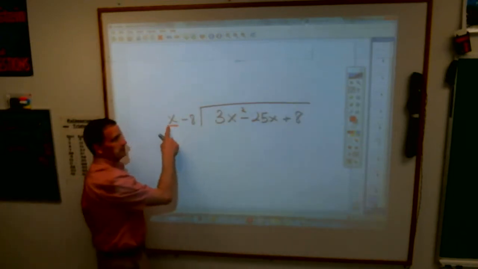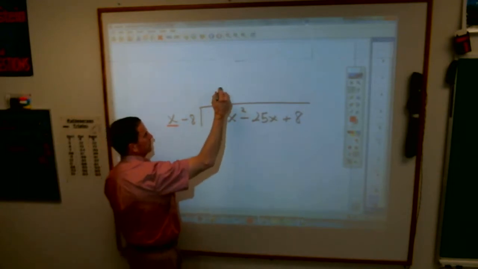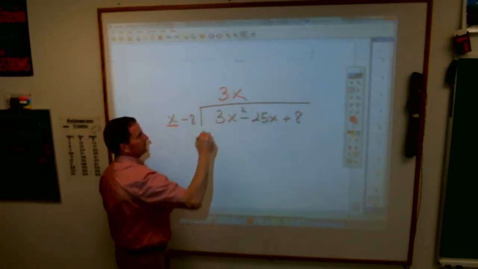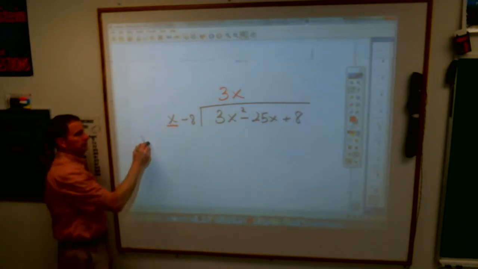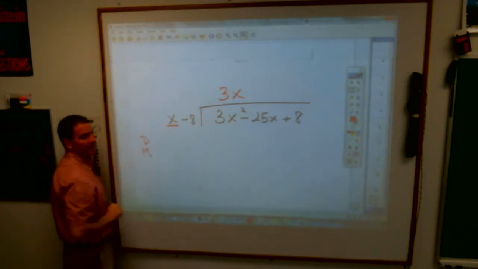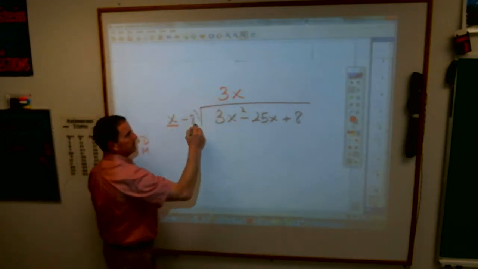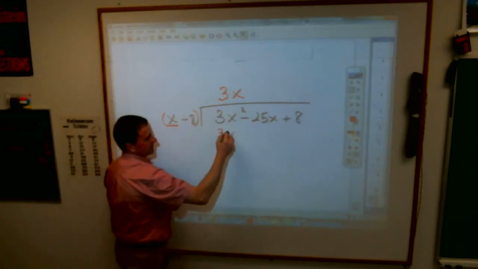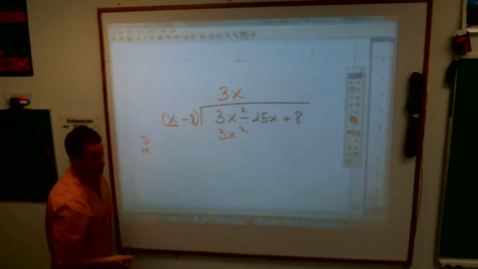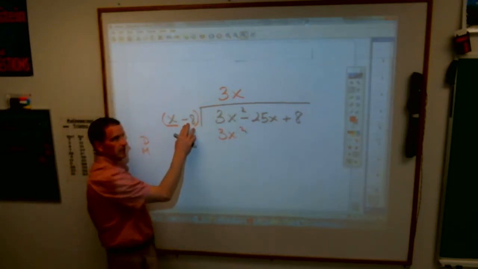Well, what times x gives me 3x squared? 3x. So I put my 3x up there, which is what I did before. That was my division. Now I need to multiply, which means I take this 3x and multiply it by this whole quantity. 3x times x gave me my 3x squared, that's what I wanted because that was the reason I put 3x up there. But now I have to multiply the 3x by the minus 8, and I get